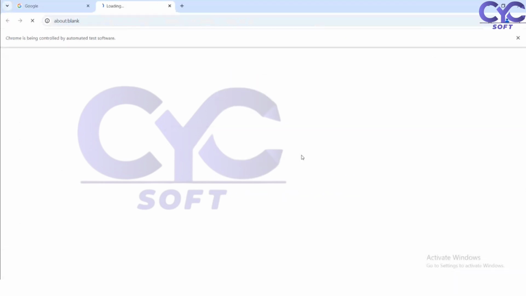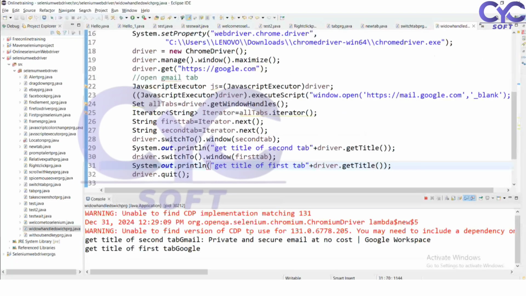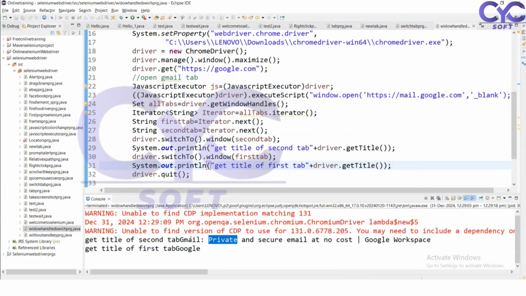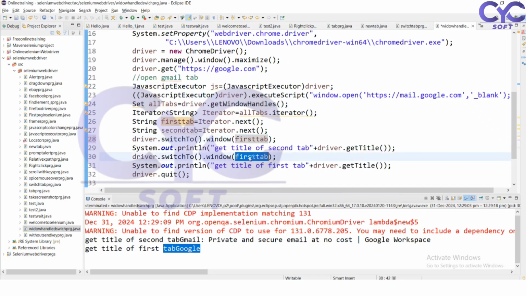So this is the Google title and this is the secure smart title. See here, this is the second title I got from the Gmail. This is the first title I got from the Google. If you want to switch to the first window, you can switch to the first tab. If you want to switch to the second tab,